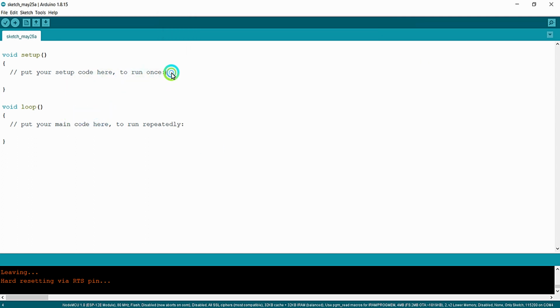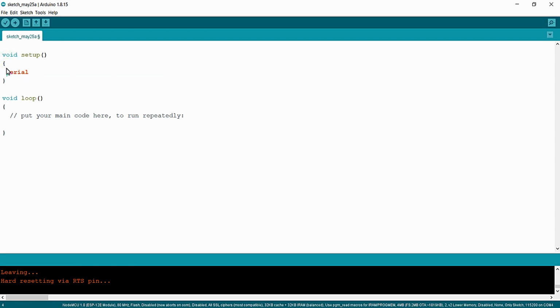I said that this is the function which is useful for writing the configuration part, which will run once in the beginning of the program. So I will be writing Serial.begin(115200). For initializing this serial monitor, you just need to write this line.